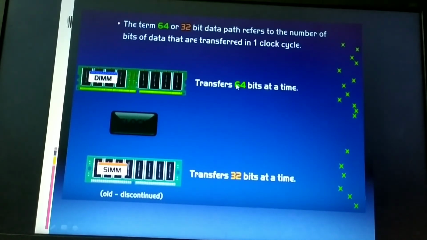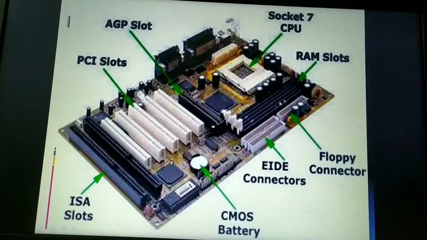So based upon the clock signal, the dual inline memory module will transfer the data both in the rising edge and the falling edge of this signal. Hence it transfers the 64 bits. Rising edge and falling edge I have shown you when I was discussing double data rate random access memory. Okay, so almost all modern computer systems have the dual inline memory module that has the capability to transfer 64 bits. Otherwise, in looks, both the RAM slots are the same type. Okay, this is where the RAM slots are.